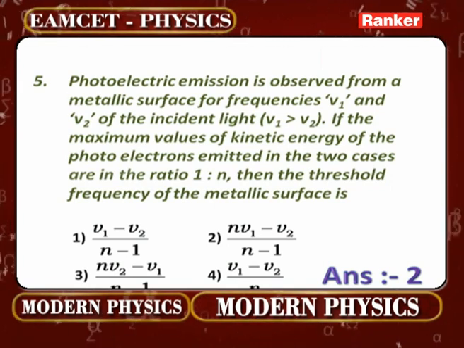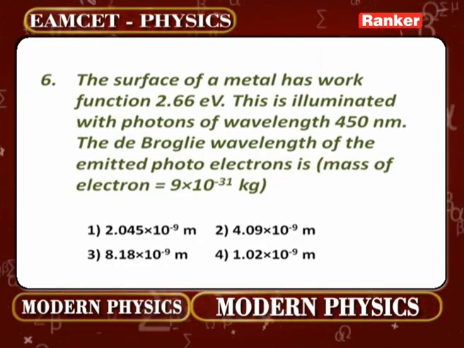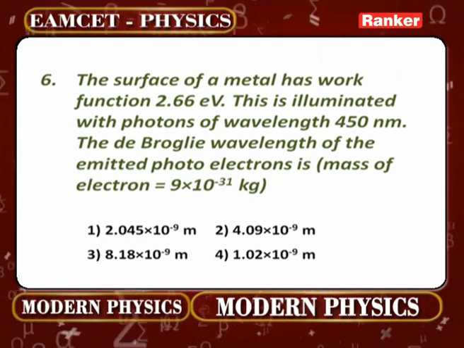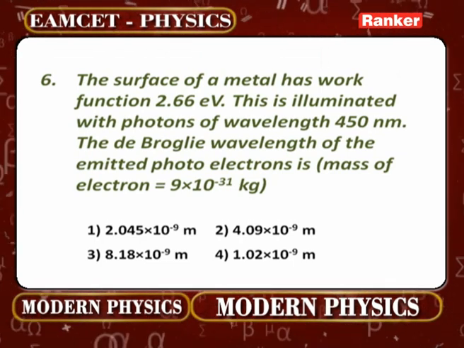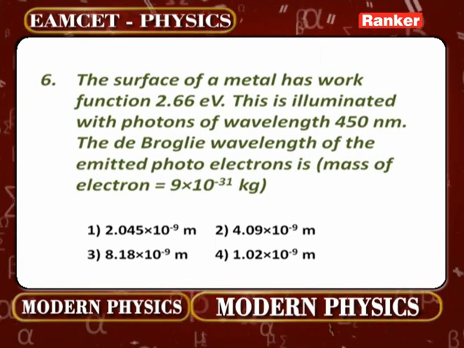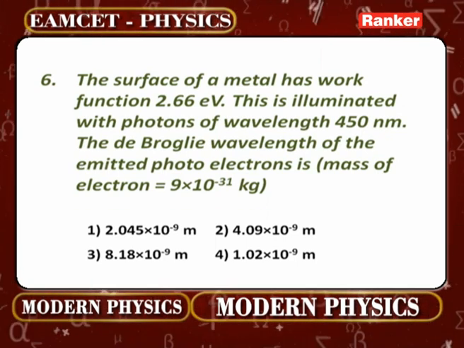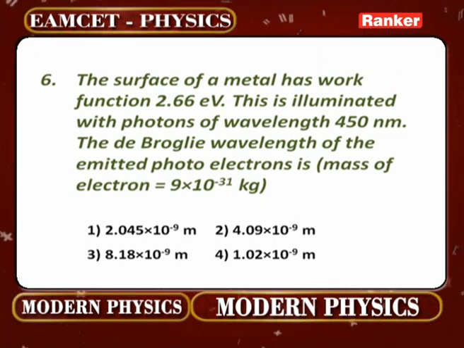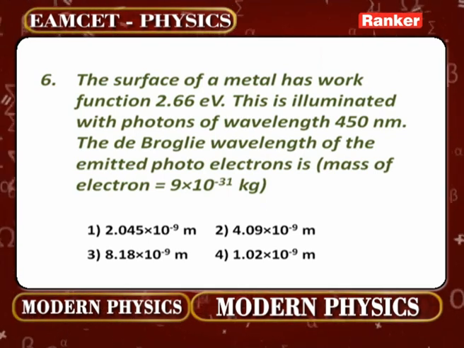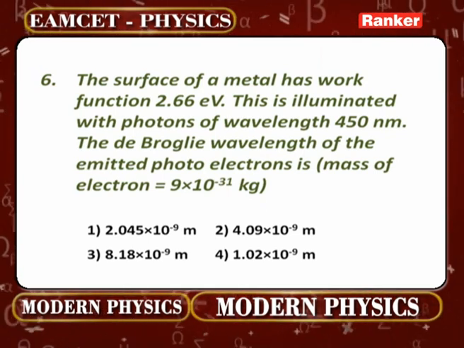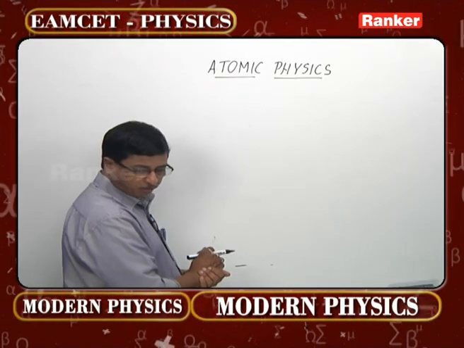Okay, look at the next number, that is problem number 6. The surface of a metal has work function 2.66 electron volt. This is illuminated with photons of wavelength 450 nanometer. The de Broglie wavelength of the emitted photoelectrons is how much? Mass of the electron as usual has been given there. Look at once again what is the data mentioned there. He is talking about work function